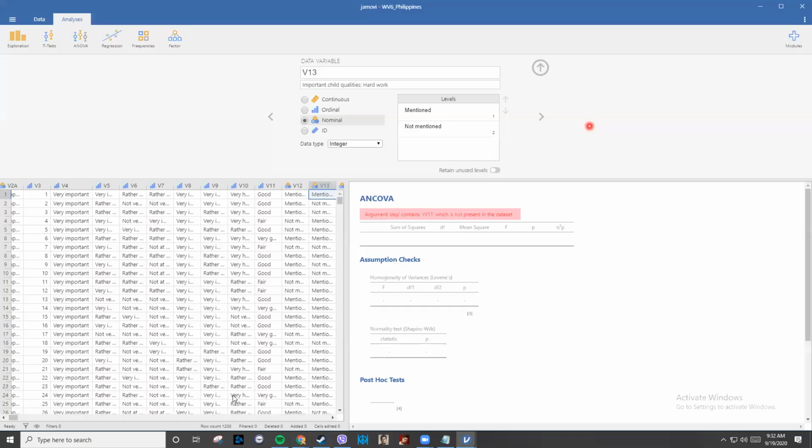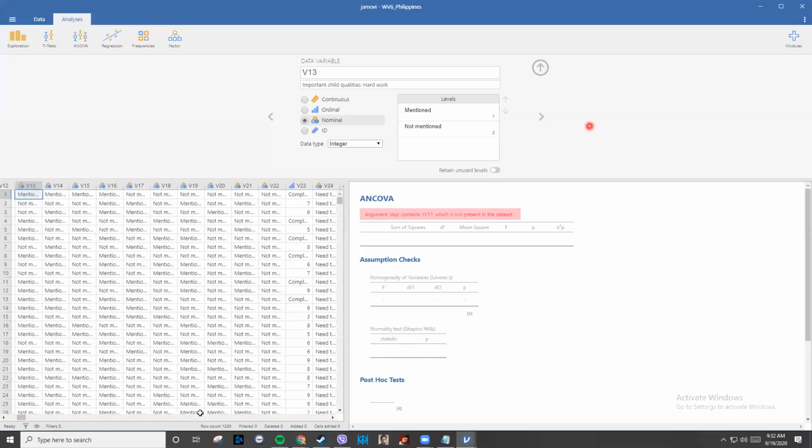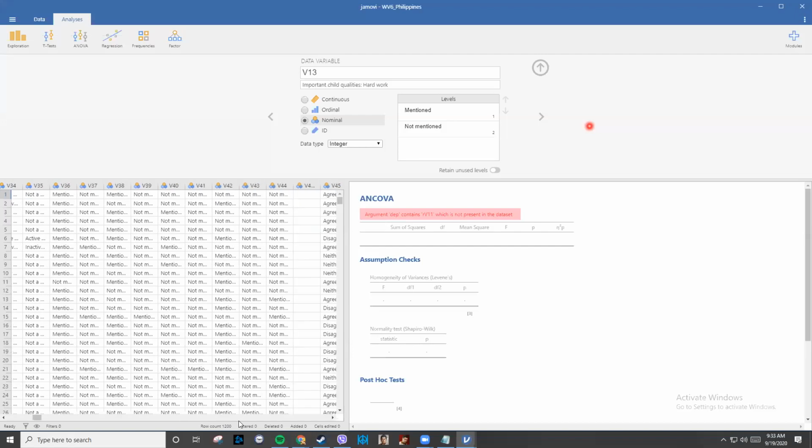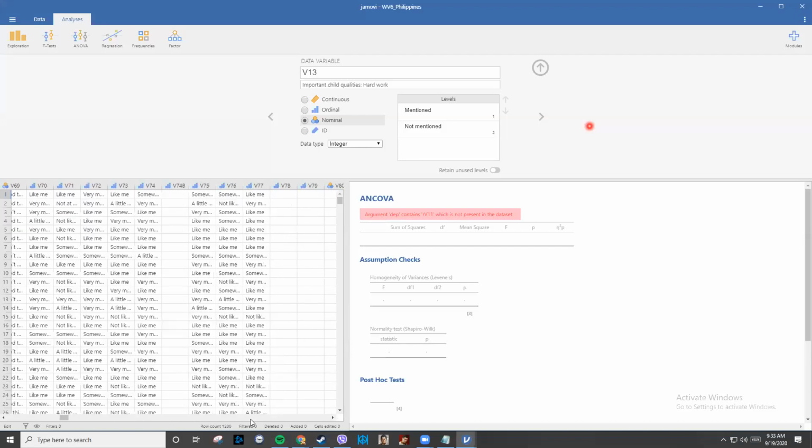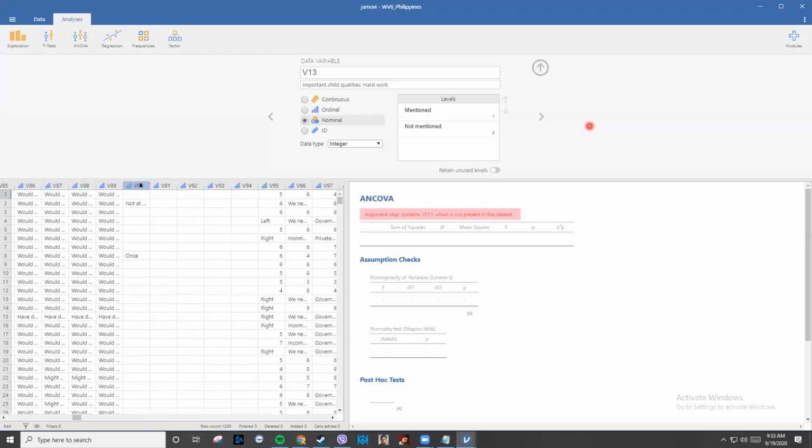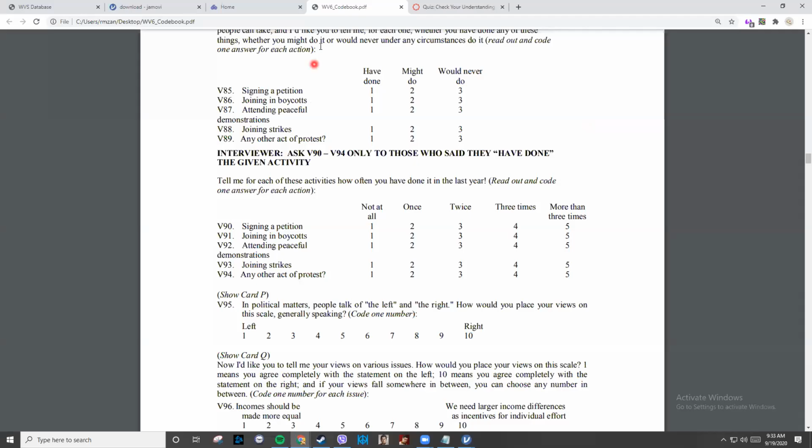And let's check what Jamovi codes it as. Okay, it was coded as ordinal.